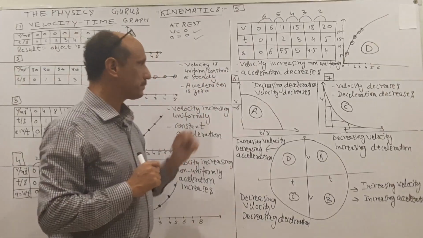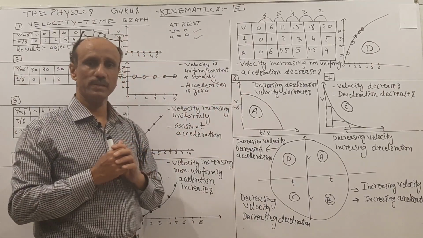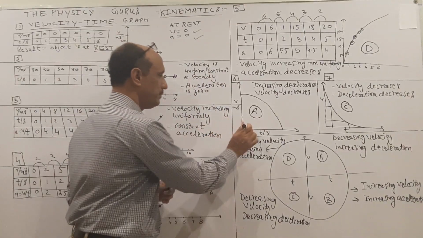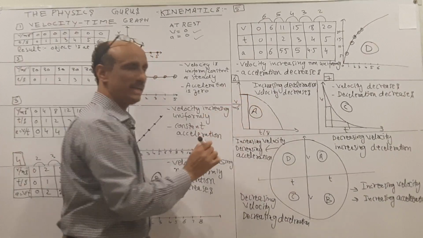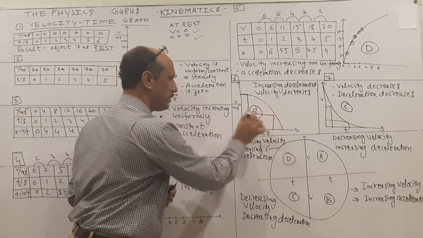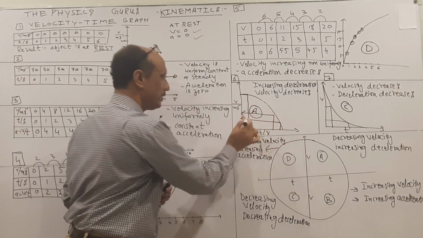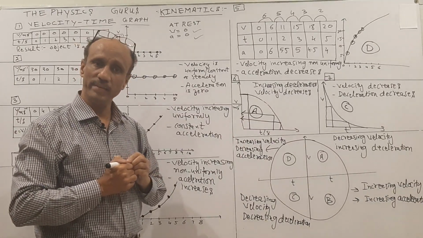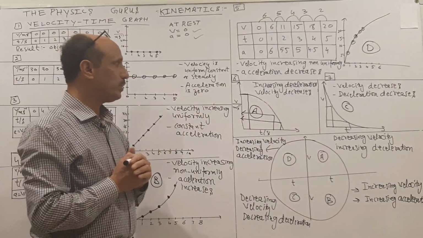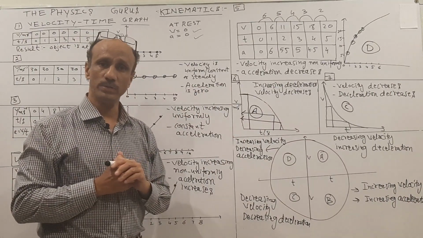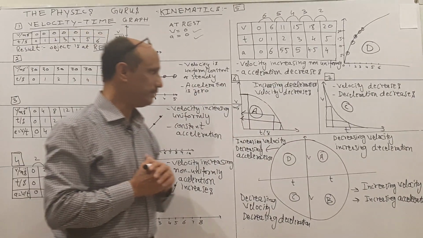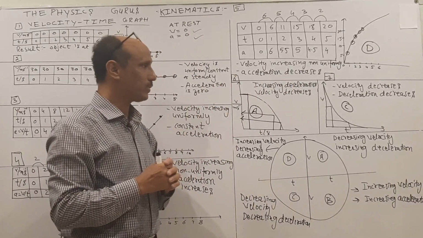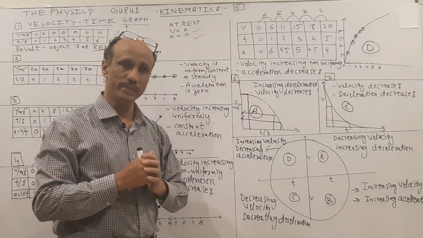Then graph number 6, increasing deceleration. Now why do we call this increasing deceleration? The simple reason: with respect to time, you can observe that at this time there is a maximum velocity and at this time the velocity is decreasing. So whenever there is a decrease in velocity, we say that there is a deceleration. So for this, we will write down increasing deceleration and velocity decreases. Graph number 7. In graph number 7, the curve is like this. So two parameters: velocity decreases and deceleration also decreases.